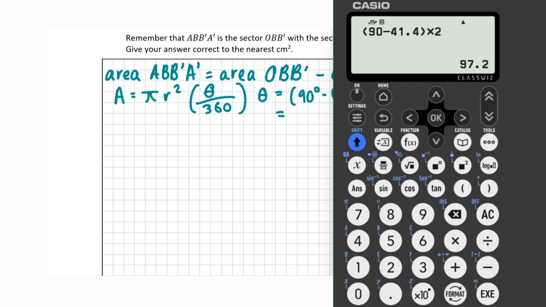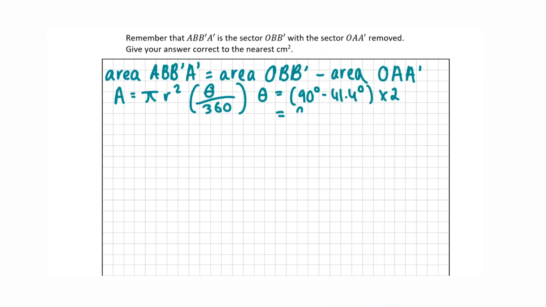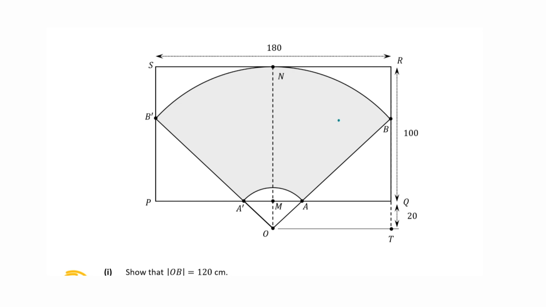So that'll give me an answer of 97.2 degrees. So now the next thing we need to find is the radius. We know that the radius of OBB' is 120. We found that from the previous parts of the question, but now we need to find the radius of OAA'. So to find the radius of OAA', you can see that the radius is going to be